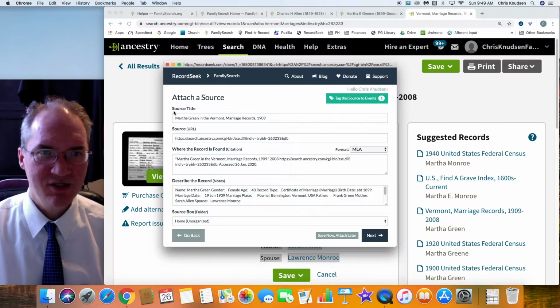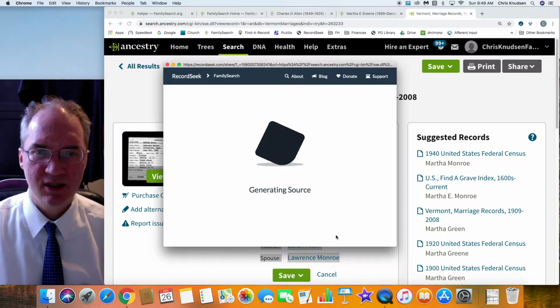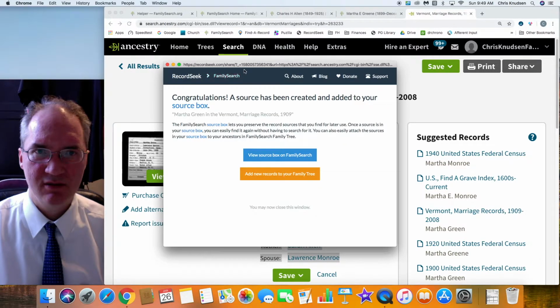It's going to attach this source with all this information already populated into these boxes. The describe the record or the notes section is everything that I highlighted. So if you want the information on the record to be in the notes, you just highlight it when you click on the RecordSeek button. So because this record is going to be attached to several people, I'm going to click Save Now and Attach Later, and we're going to put that, oh, you know what? Let's go ahead and